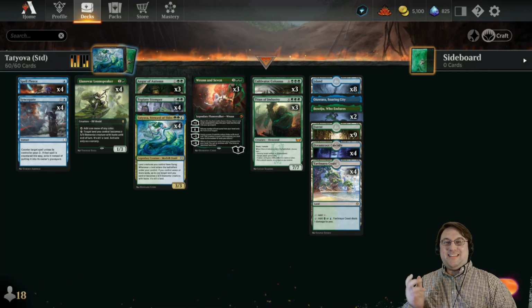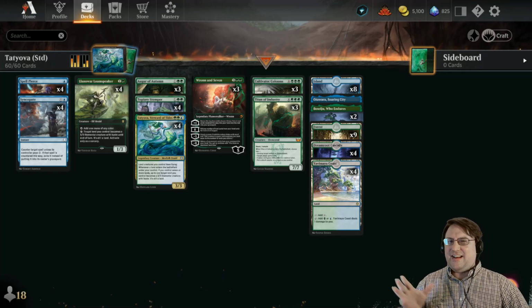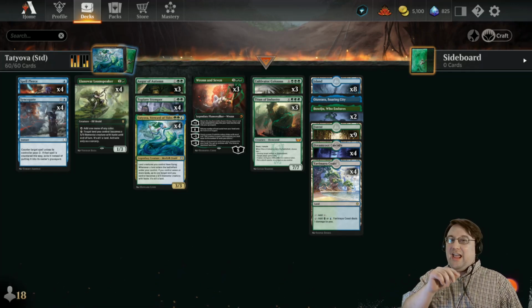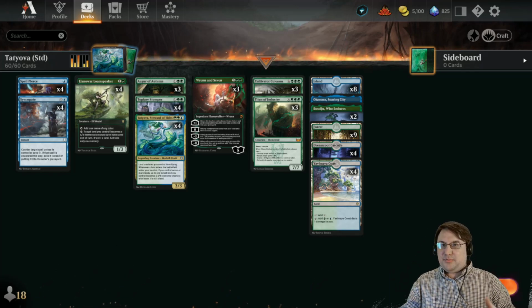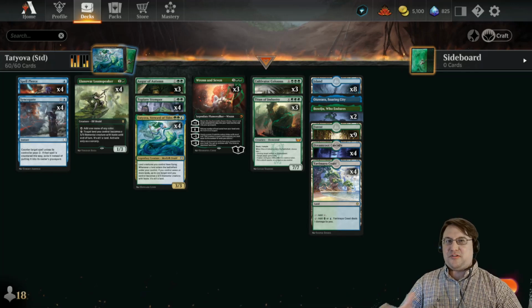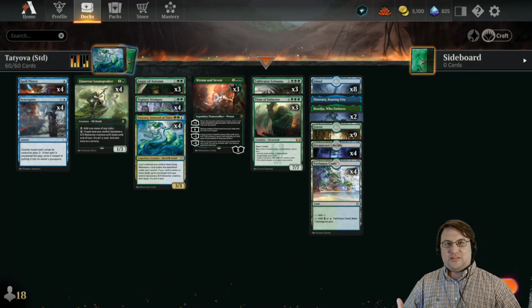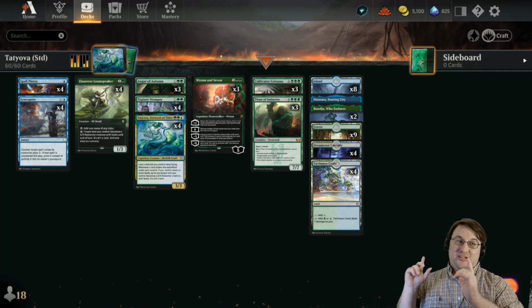This is Simic Ramp, and I know what you're thinking. Wait a minute, this is a standard deck that doesn't have black in it? What's the catch? And there is no catch. This is a deck that I think has some legs, it has some potential, but we have to be creative in how we've built it to counteract the current meta. We need to be a little more careful about that. I'm going to explain that in a little bit, but before we dive into the full deck as it